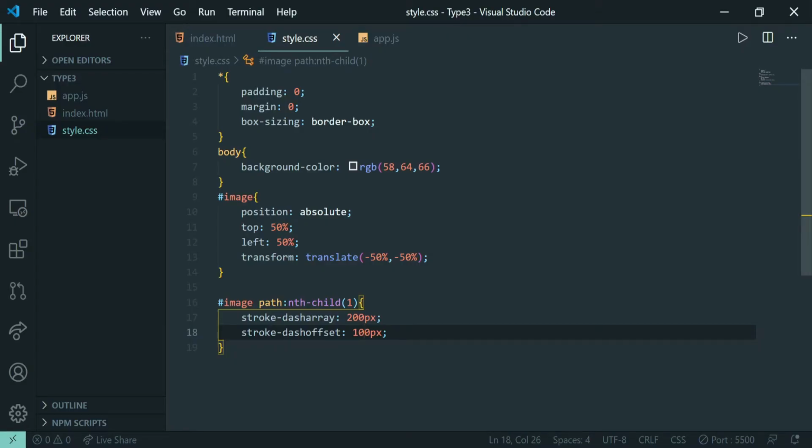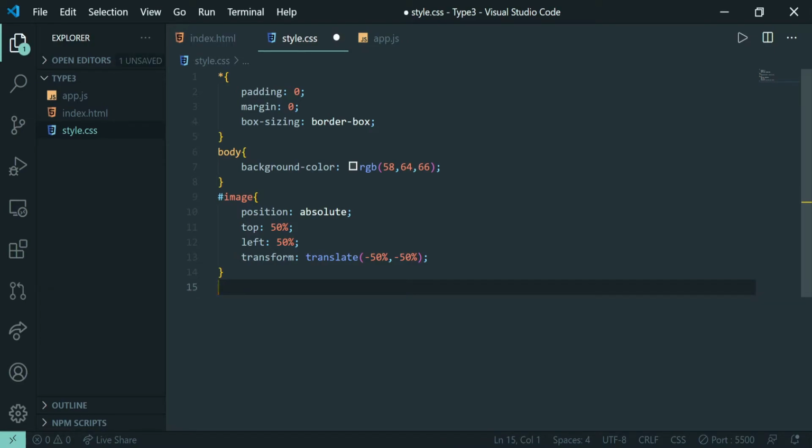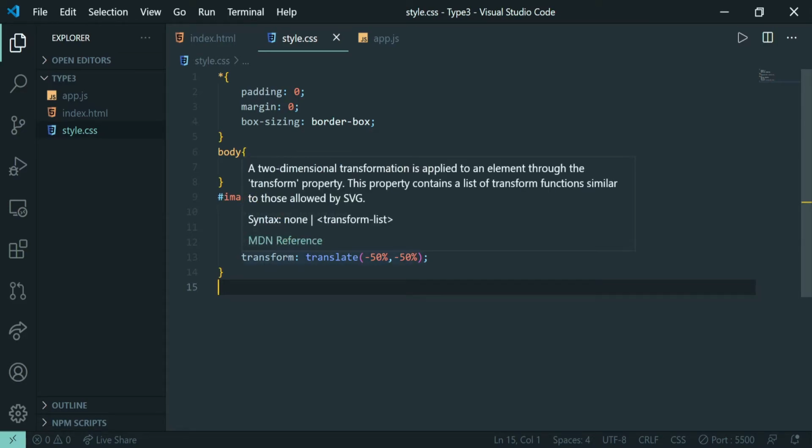So to make it dynamic, meaning to make it animate, we will be using JavaScript, because first of all we want the length of our stroke, and second we want to add some delay time to every element, the way we did in our first text animation video.